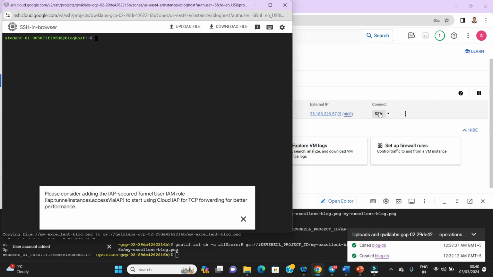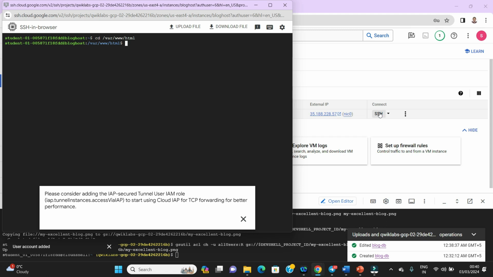So we'll change the directory. We'll write cd slash var www html. This is the default path. Okay, so done.